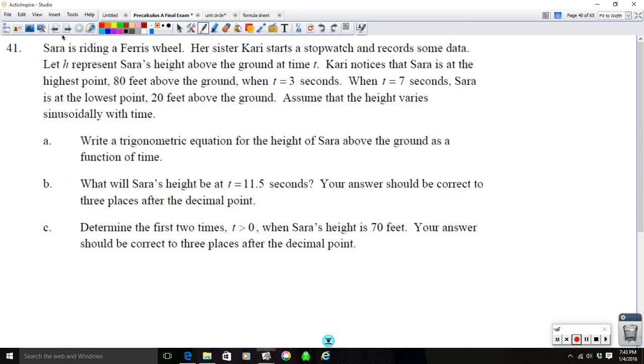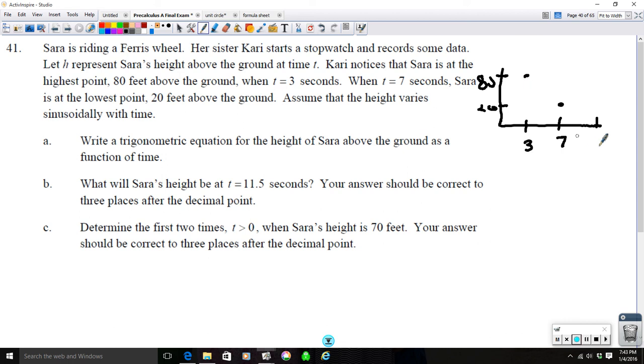Next problem. Sarah is riding that Ferris wheel. So this is our classic Ferris wheel problem again. Again, it asks not for a graph, but I really can't do the problems very easily without the graph, so I'm going to quickly do this. So at 3 seconds, she's 80 feet above the ground. Do a quick sketch, that's not necessary. At 7 seconds, Sarah is at the lowest point, which is 20 feet above the ground. And then again, at 11 seconds,